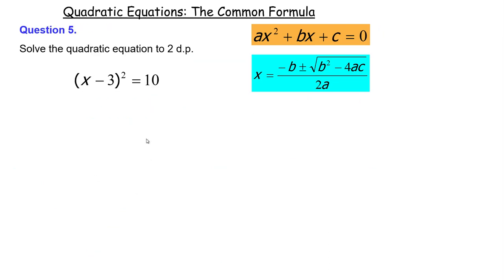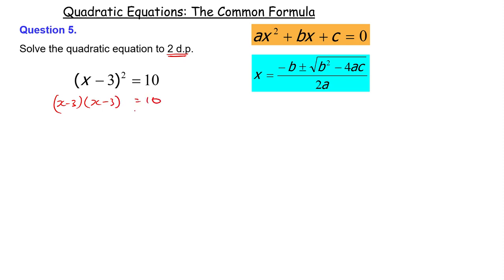Right, let's try another one. This time it says solve to 2 decimal places. x minus 3 squared equals 10. Once we see this 2 decimal places, it's almost an invitation to use the quadratic formula because we can't factorize to 2 decimal places. Okay, so if we expand this out, you should be getting x minus 3 times x minus 3